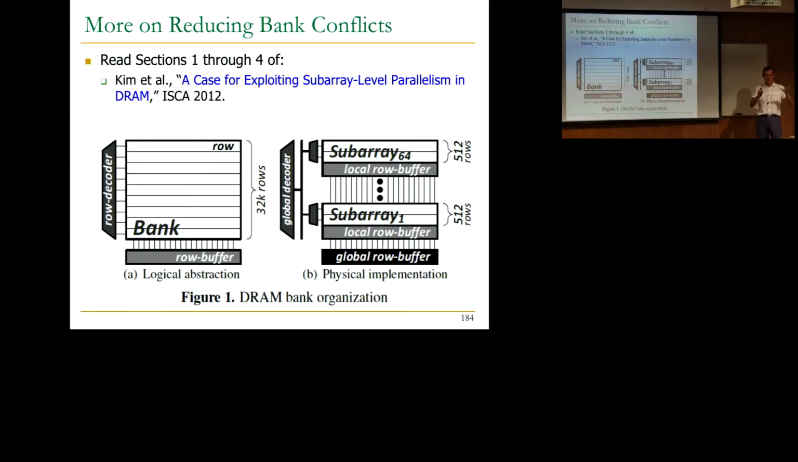Okay, more on reducing bank conflicts. As we discussed earlier, this is actually an abstraction also. A bank doesn't have a single row buffer. It's actually internally divided into different subarrays, but the bank is what's visible to the controller today. Internally, when you design this, you cannot have an interconnect as long as 32,000 rows over here, because if you have that, the latency would be too long. Internally, if you look at a bank, it's designed like this. It has subarrays that are relatively small, 512 rows or so, and